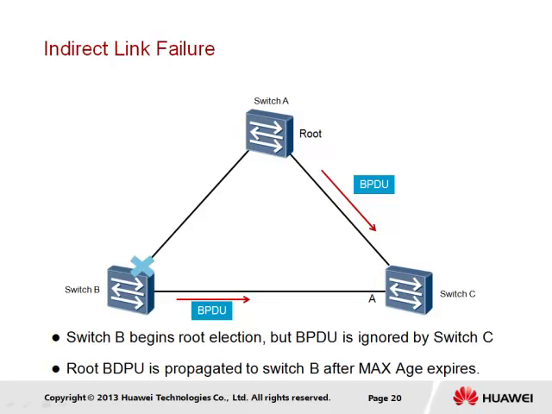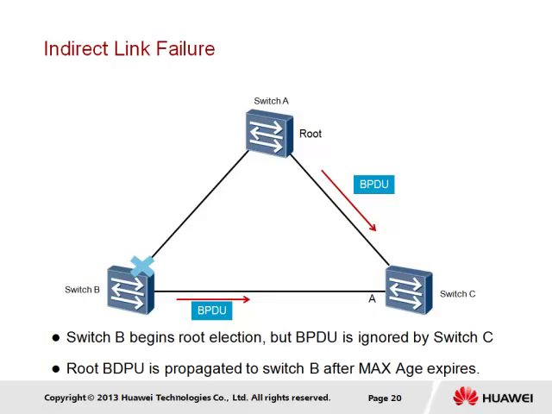These BPDU will be received on the interface of switch C, but since switch C is receiving a better BPDU from switch A, the switch will largely ignore these BPDU. In addition, the port interface connecting switch C to switch B is considered an alternate port and therefore will not propagate BPDU to switch B, at least not immediately. Switch C must wait for the alternate port to expire based on the max age timer process. This will occur since switch C is no longer receiving a superior BPDU on this port containing the root ID of the root bridge. Following expiry, the port interface will switch roles from alternate to designated and begin to forward